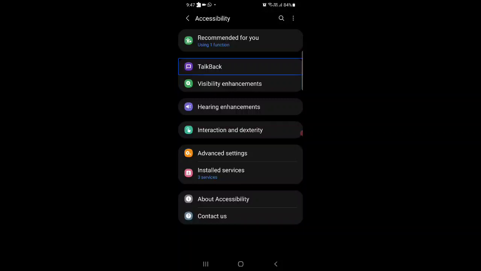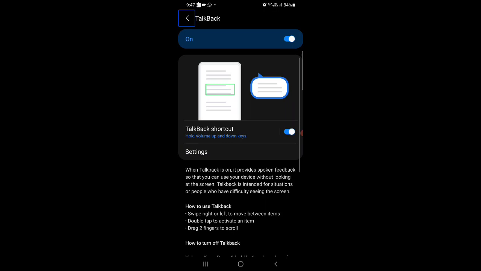TalkBack. I'm opening this. TalkBack. Navigate up. Button. TalkBack. TalkBack. On. Switch. On. TalkBack shortcut. Hold volume up and down keys. 2 of 5. In list. 5 items. And one new